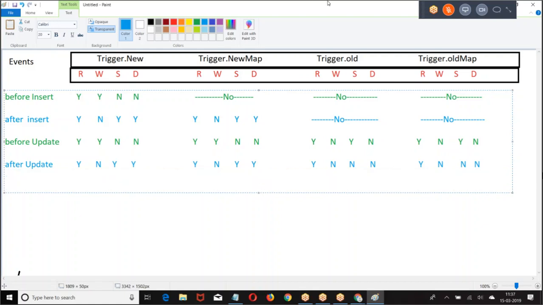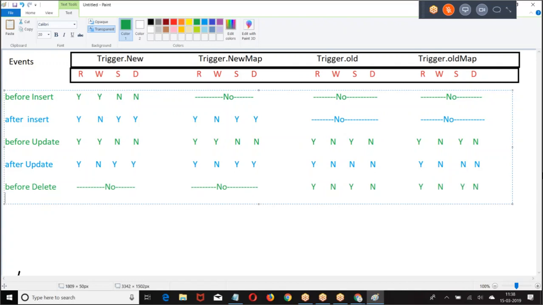The next, delete. Before delete. In delete, there is no concept of trigger.new. Trigger.old. Old is always meant for what? Old data. The data which you are deleting is the old.